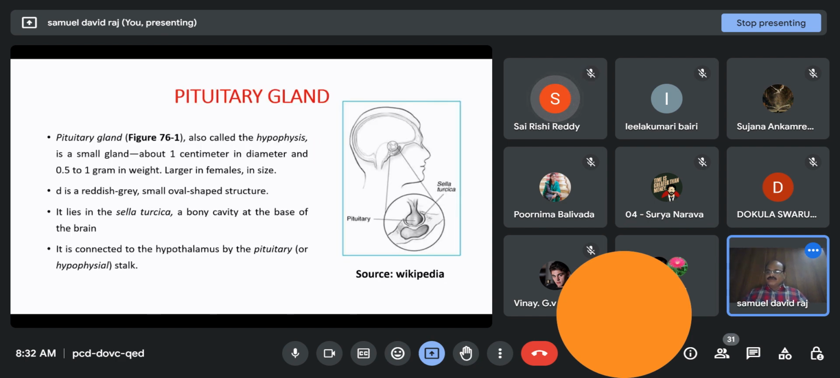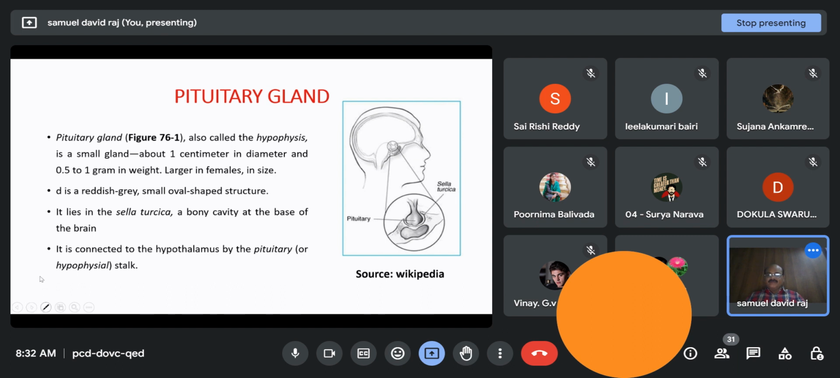Good morning. So, we are going to start endocrine glands. Today, we'll finish pituitary gland, and others. It's the largest topic with respect to endocrine glands. We'll finish the others in two or three classes. So, coming to the